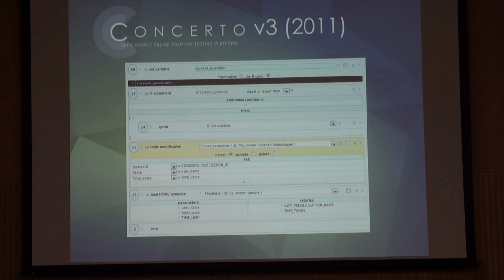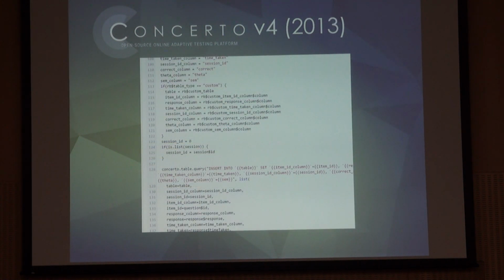I have to click, I have to increase I by 1 every time there's a new question asked. I have to do this, I have to do this, I have to do this. So it wasn't really making anyone happy. So with version 4, we switched to totally code. It made a whole bunch of psychology undergraduates quite unhappy, because they now had to program all of this R code in order to produce a test. But it at least made someone happy, which was the programmers, and they could program their test and not worry about the pointing and clicking.